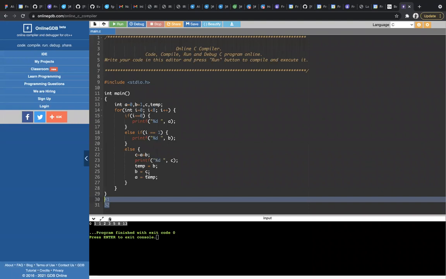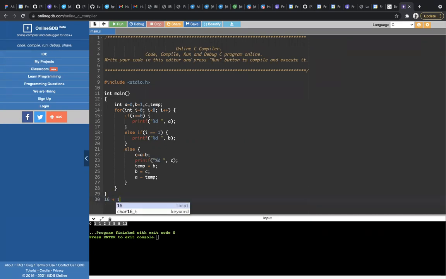For example, if you are adding two numbers, 3 plus 3, and if you are multiplying two numbers, 3 into 3, the change will be huge. For 3, maybe it is small, but if you take two numbers like 16 plus 16, which is 32, but 16 into 16 is 256.